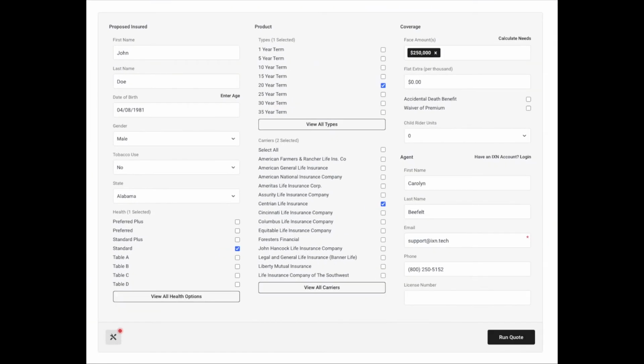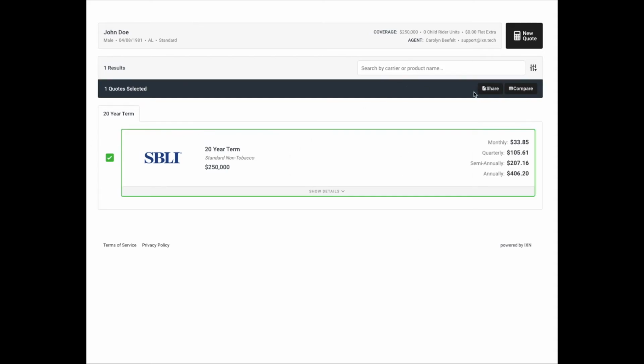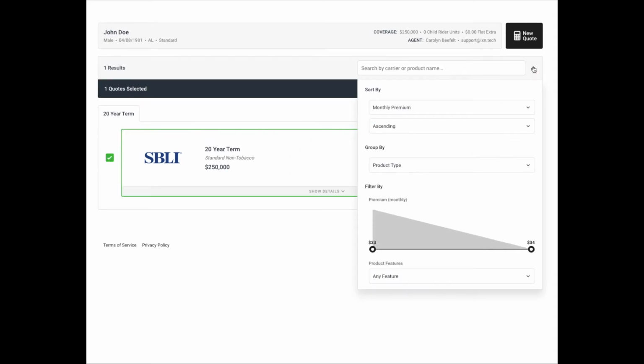This process is exactly the same on the Agency Life Quoter. I go to the quote engine and enter my quote criteria, the same as the mobile app. And you notice here I can enter some information about the proposed insured that will pre-fill into the e-ticket. I'll enter some basic information and then run a quote. Once in the quote results, I can compare, quote, and filter my results like you saw in the mobile app.